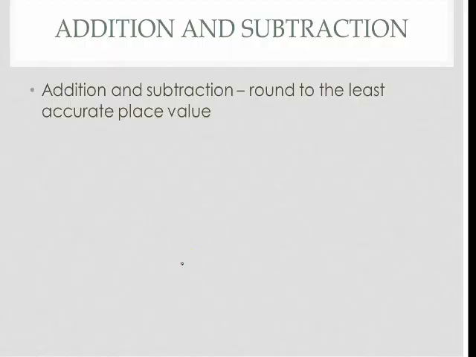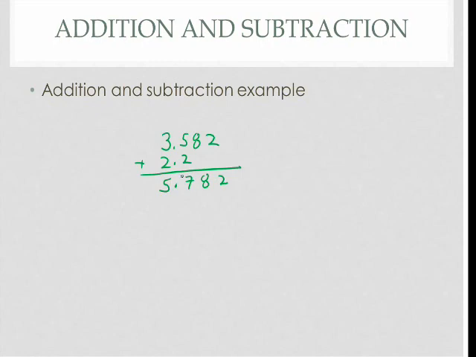So when we add and subtract numbers, we're going to round to the least accurate place value. So the number with the least accurate place value, that's what we'll round to. So with addition and subtraction, we round to the lowest number of significant figures. So there's only one significant figure after the decimal point. That's what we're going to round to. So that means it's going to be here. So the answer will be 5.9. So we're only going to have one significant figure after the decimal point, so we're going to round up